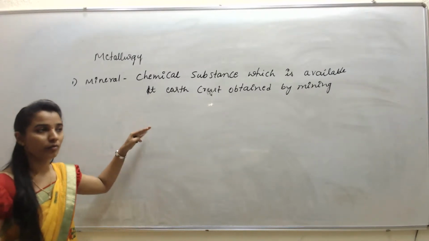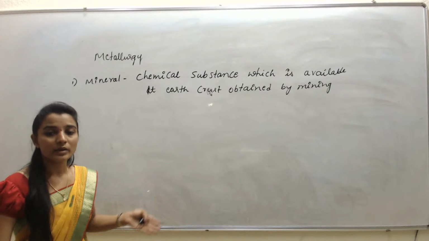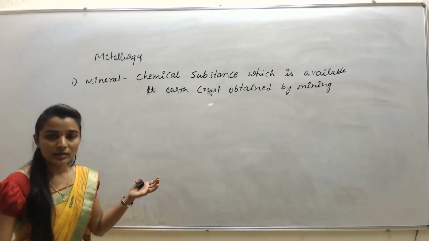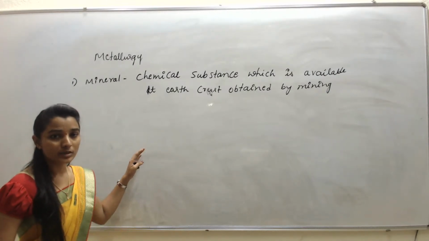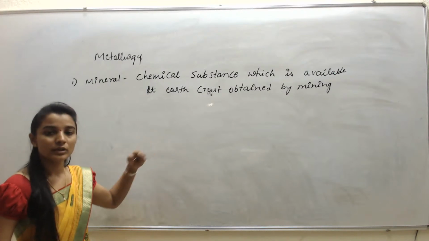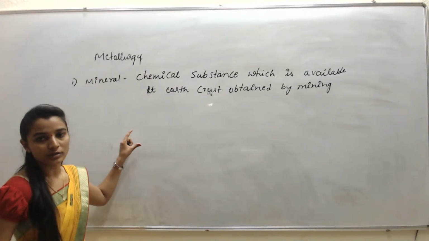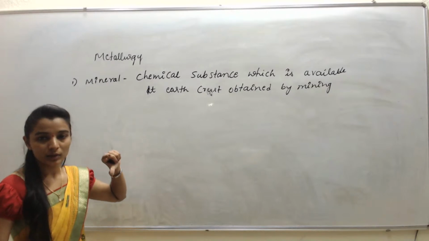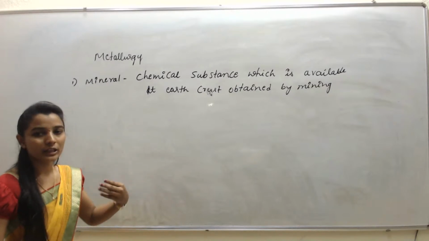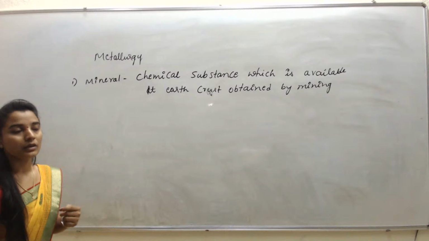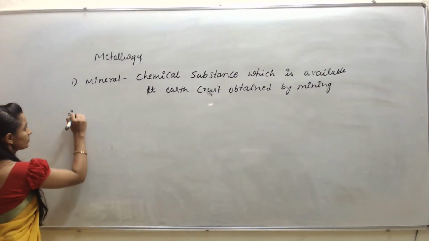So we know very well about mines. Gold mine is there, iron mine is there. So we are doing mining at different places for different metals. Okay, so that is minerals. They are available from the earth crust. By digging the earth crust we can get the minerals. So the next one is